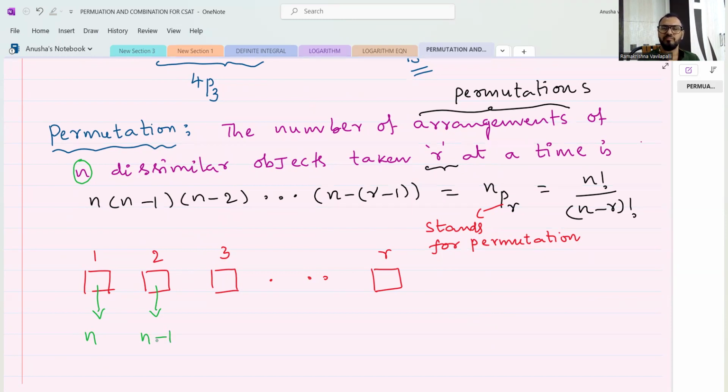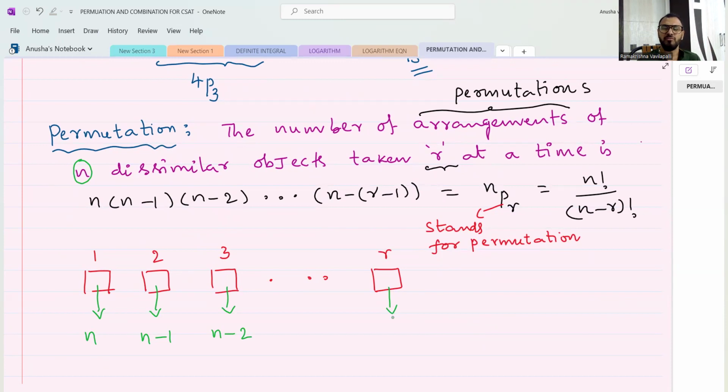N minus 1. 2 objects gone. Now there are n minus 2 objects. Fill the third box. Out of n minus 2 objects, you can put any one of these objects. At last,